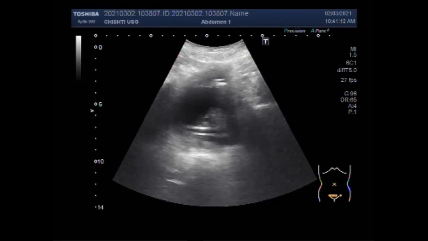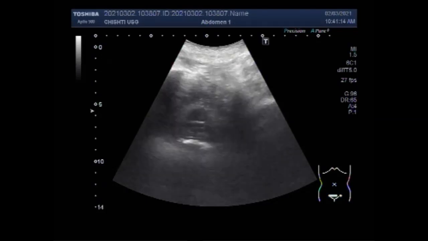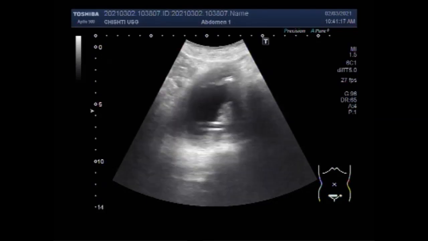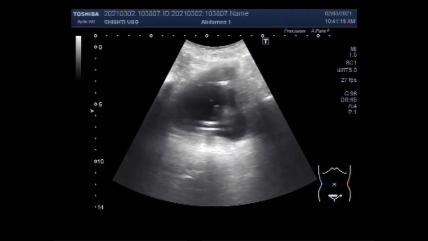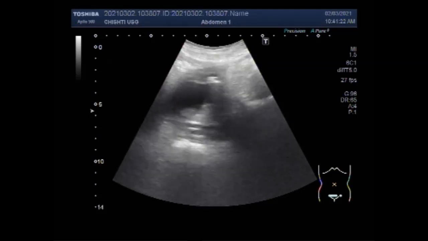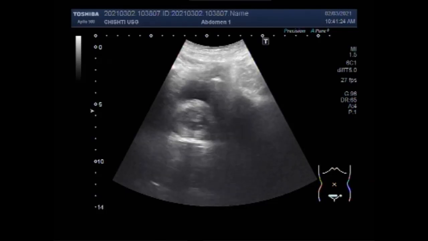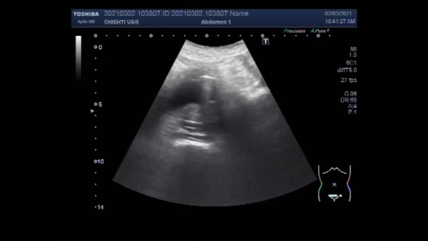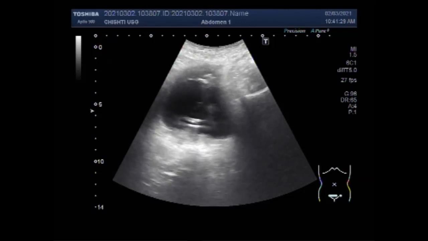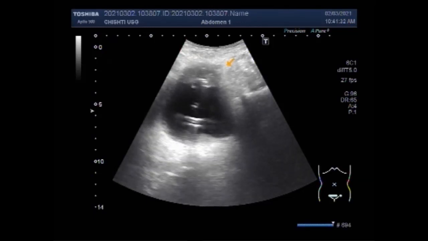This ultrasound video shows the scanning of the urinary bladder, and you will see the enlarged prostate as well as a vesical mass. The ultrasound scanning of the urinary bladder looks to be simple, but sometimes it is tricky to find all the findings. You can see this is the urinary bladder and this one is the catheter. Now this is the catheter.